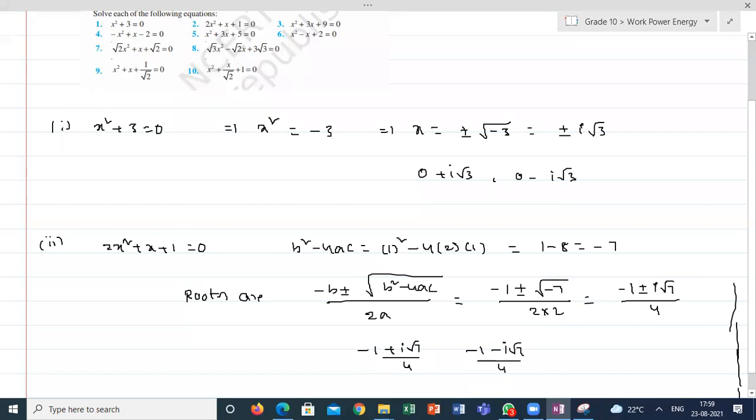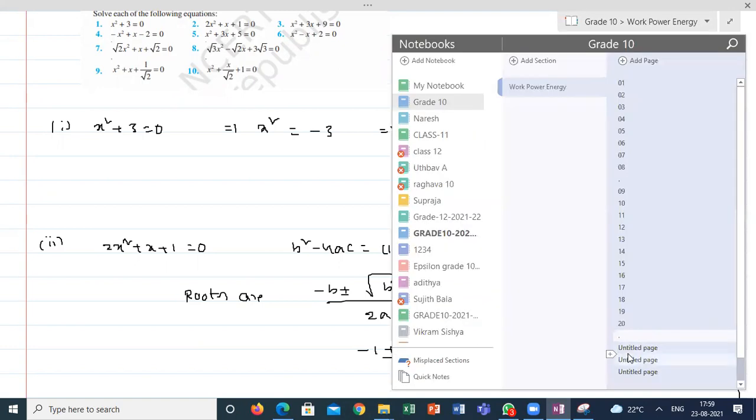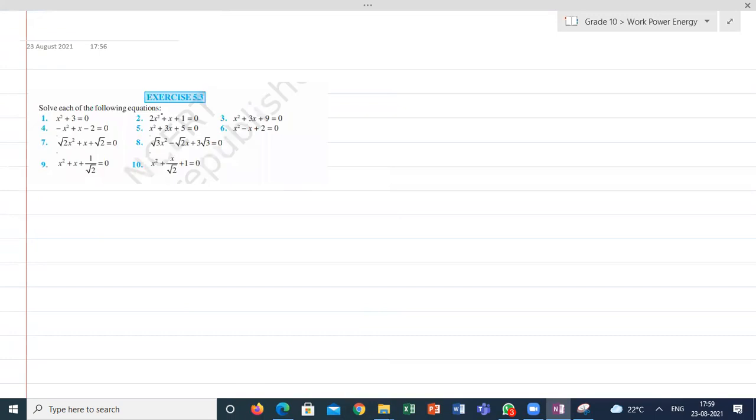This is how, using the complex number concept, we can solve the roots of these different equations. The same pattern. Here we are not going to use splitting the middle term or completing the square. We will just use the formula and straight away substitute the values. We will just show the roots are complex. Sometimes, to confuse us, they may give real roots also. We can say that only by seeing the discriminant. That's the reason each and every time I'm starting with the discriminant.